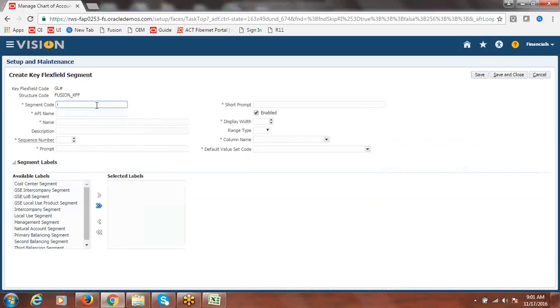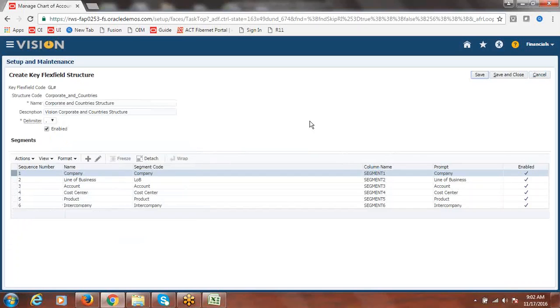Okay, fine. So now you can give the segment code. Since it's a code, I'll give a short name, and better I'll give our company name. Just let me cancel since it's not populating.